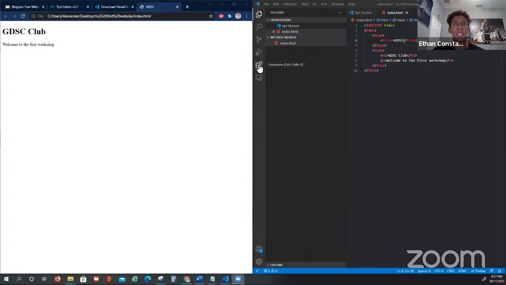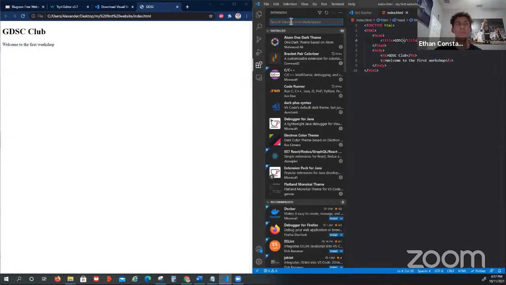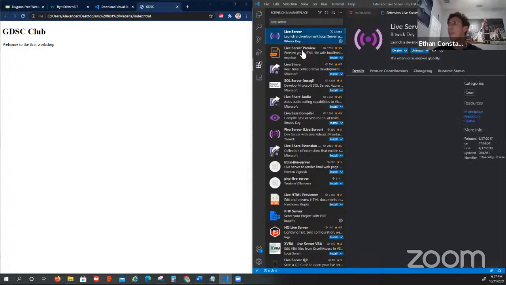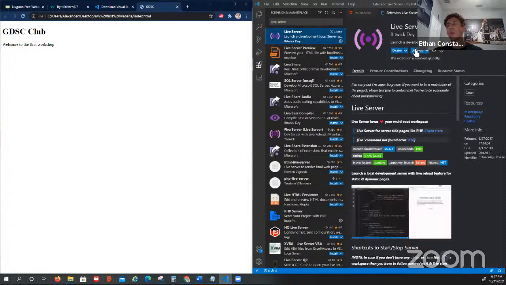To do this, we first need to navigate to extensions, which is located in the left panel of VS Code. It is the second from the bottom. Once you click on it, you should see a search bar, and inside that search bar, we can type in live server. Since Alex already has Live Server downloaded, he won't be able to download it again, but this is super easy to install. It's only a click of a button and it'll automatically apply to any VS Code document that you work in. So if we go back to our HTML code,